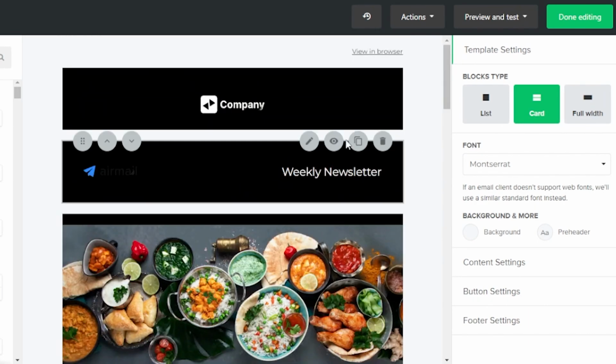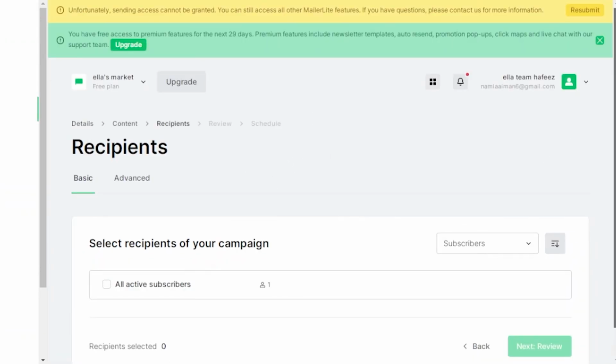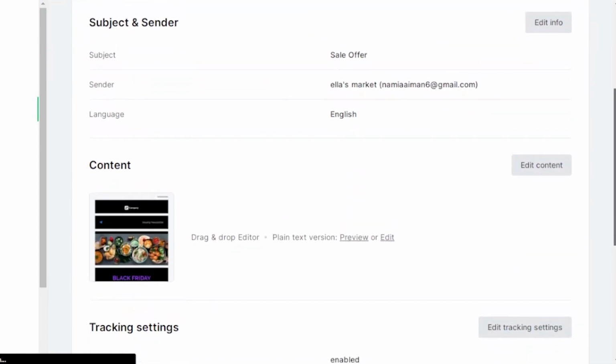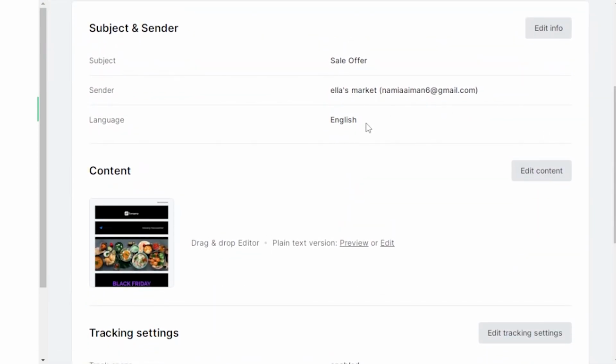After you have done everything, then you can preview it as well, or you can just go on and click on this done editing, and you can send this test campaign to anyone that you want. I'm going to show you that as well. Okay, so now you can add your recipient. All active subscribers are going to receive your emails, and after that, you can just click on next review. And now this is basically the subject and sender, sale offer, sender is this, and language is English,